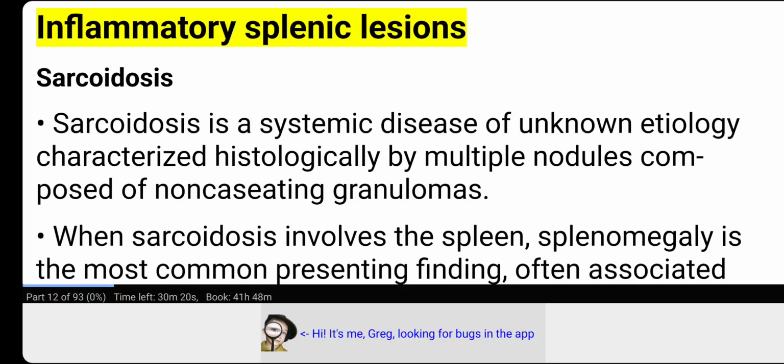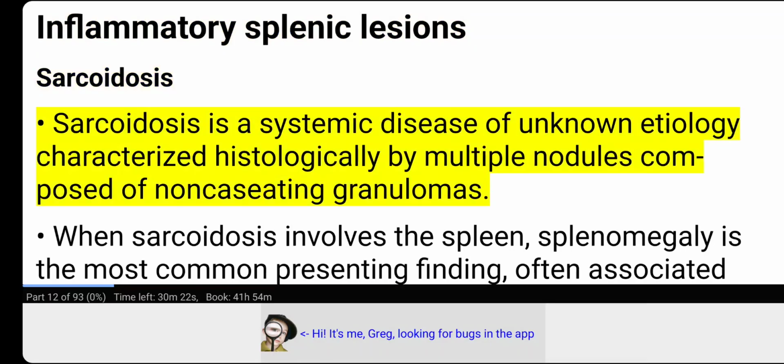Inflammatory splenic lesions. Sarcoidosis. Sarcoidosis is a systemic disease of unknown etiology characterized histologically by multiple nodules